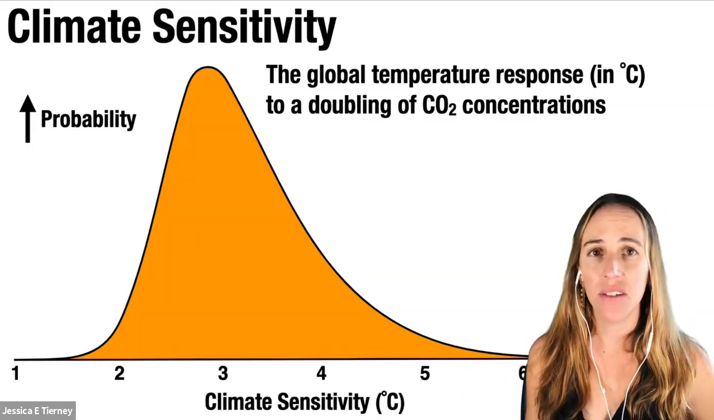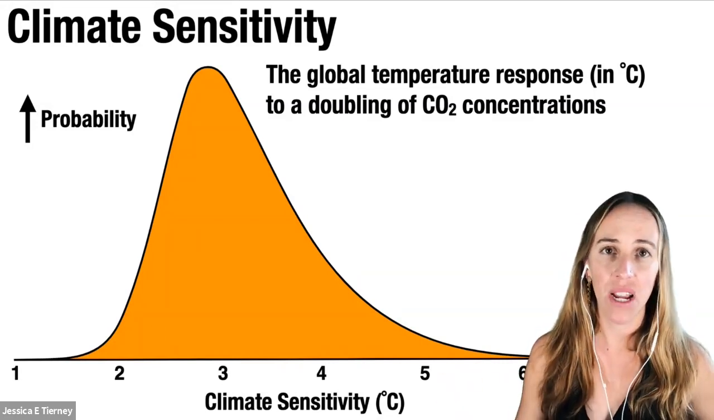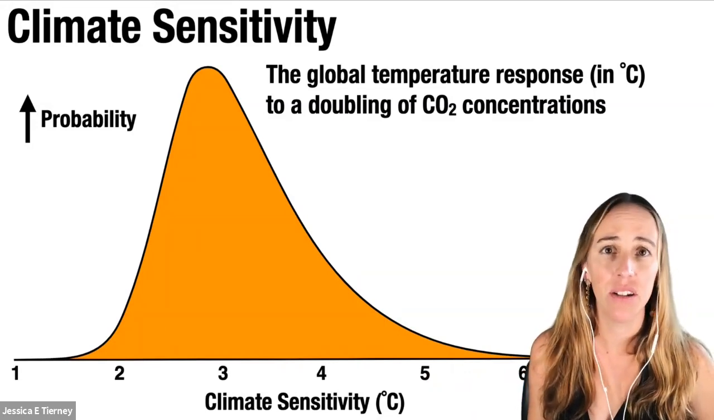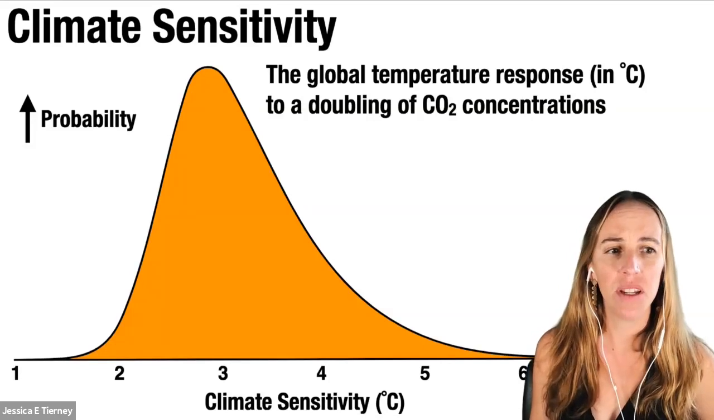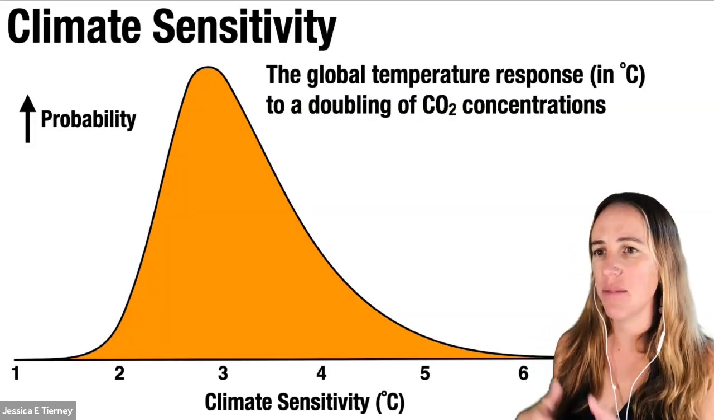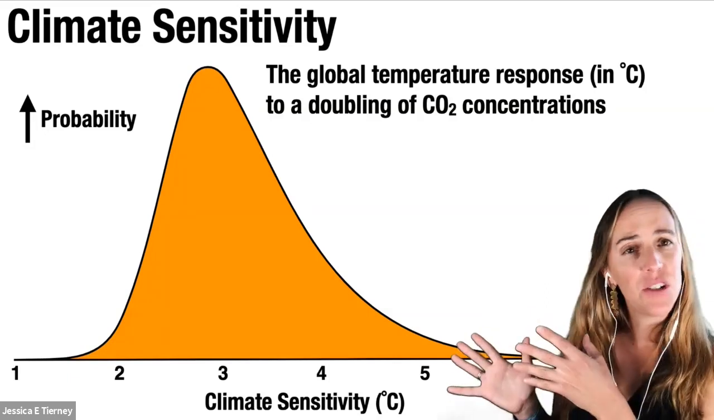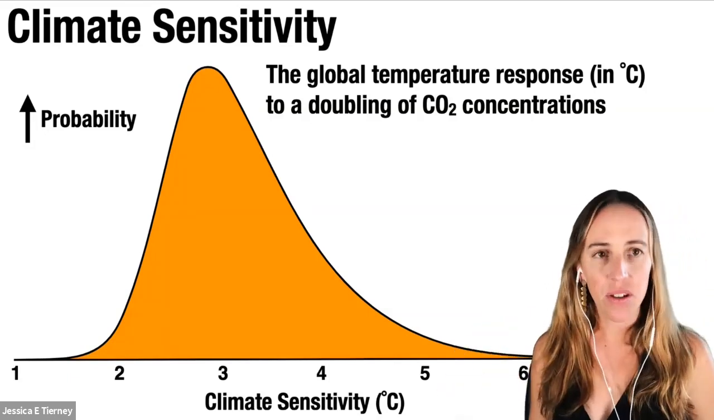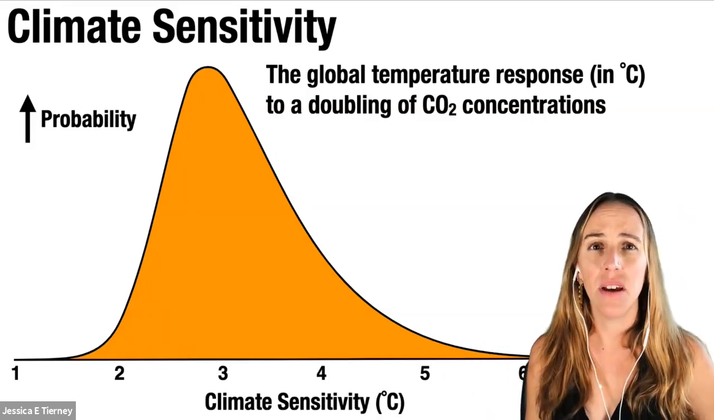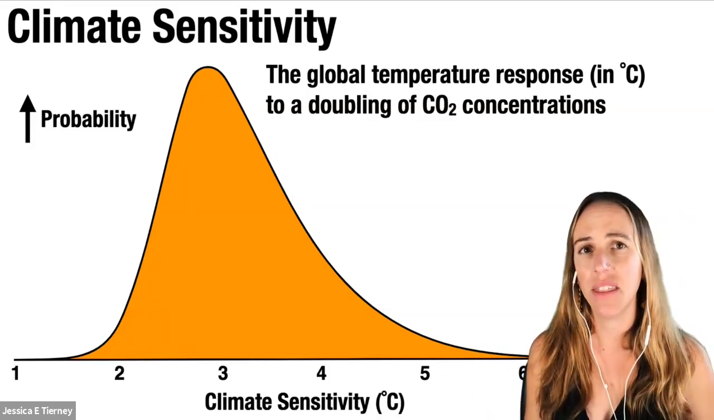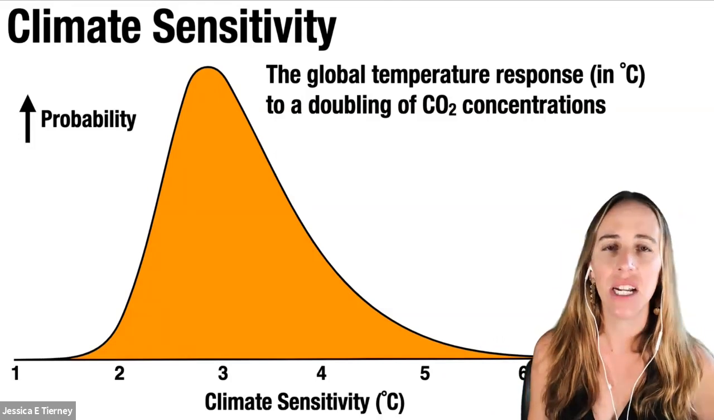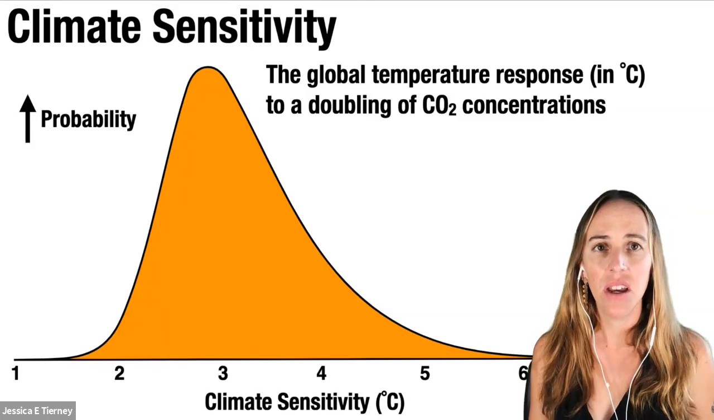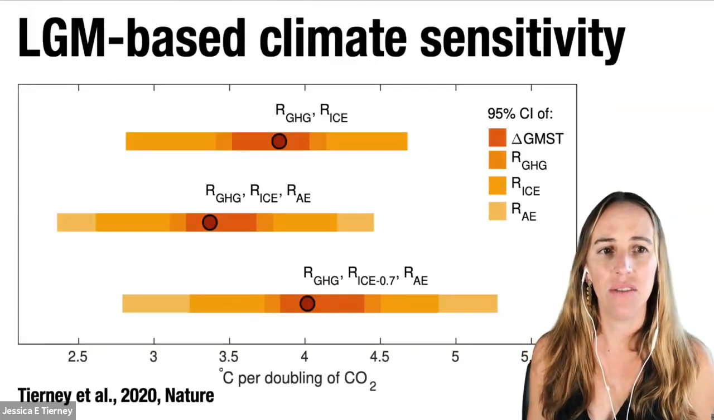Now, in models, this is an emergent property, and it can range from a low end of 2 degrees Celsius per doubling out to a higher end of 5 degrees Celsius per doubling. You often see climate sensitivity appear as a probability distribution like this, often a skewed one. And so using our new estimate of global cooling, we can combine that with the ice core constraints on greenhouse gases and some estimates of forcing associated with the ice sheet, and we recalculated climate sensitivity for the LGM